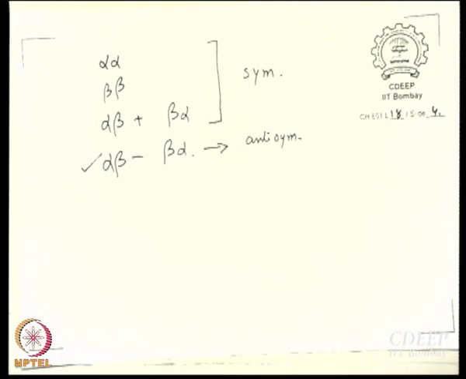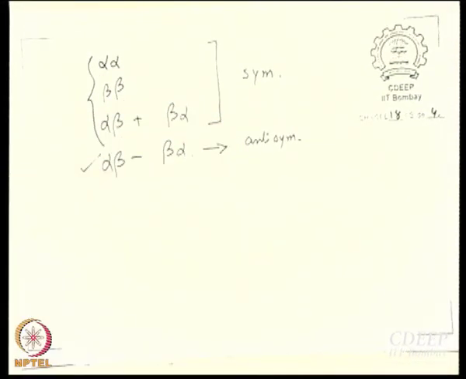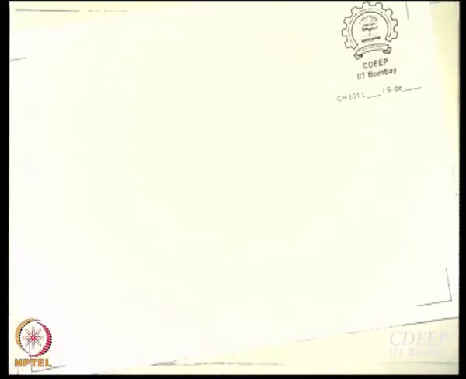Now suppose the space part is antisymmetric with respect to particle exchange. Then all these three will become allowed, right? So for one space part, you will have 3 spin parts, so you will have 3 total wave functions. That is the meaning of triplet. Singlet means 1 wave function, triplet means 3 wave functions. That 2S plus 1 is another example of chemical jugglery with numbers to get the right answer. No, not exactly, there is a question of degeneracy, but this is what it means. Okay, fine. We will revisit that in a later class.